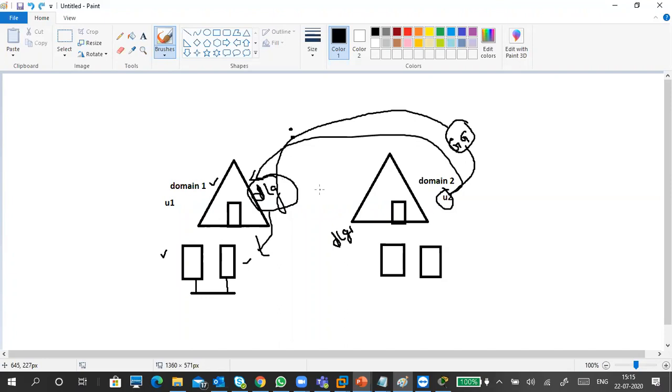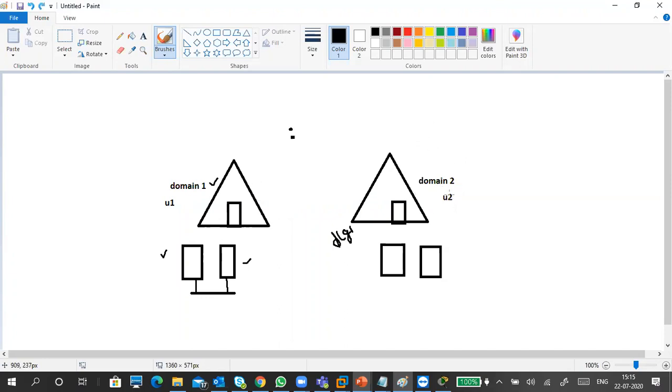Actually, this is what happens. So again, I'm writing: I created a global group in my domain 2. I add user 2 to the global group and I add this global group to the domain local group in domain 1.